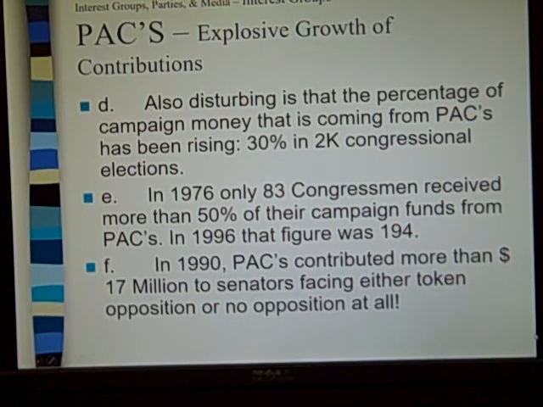All right, so when you look, again, and like I said, some of these numbers are out of date, but it's still important to understand these numbers nonetheless. All right? What we have are instances now where congressmen, senators, and representatives are raising money when they're not even fighting for re-election. Now, if you're not fighting for re-election, why do you raise campaign funds?